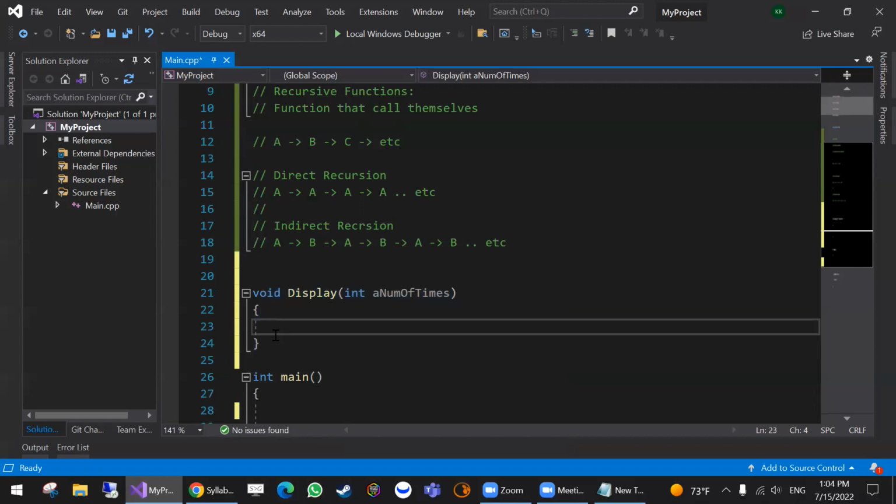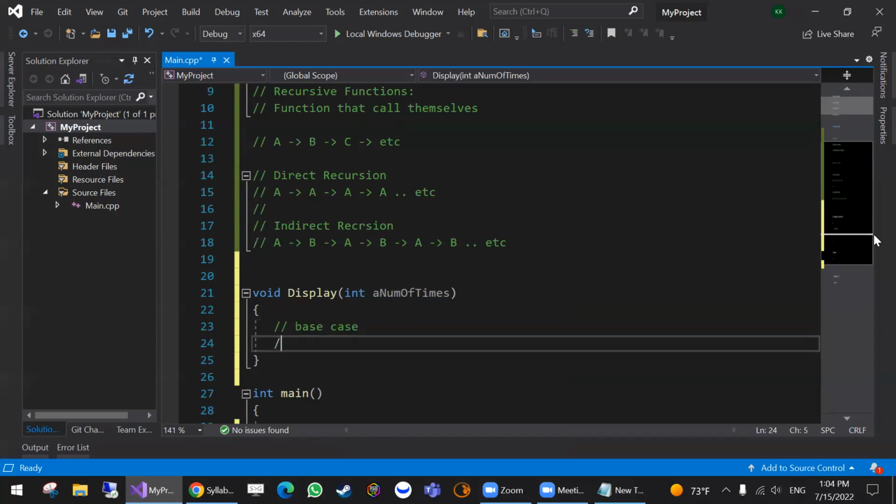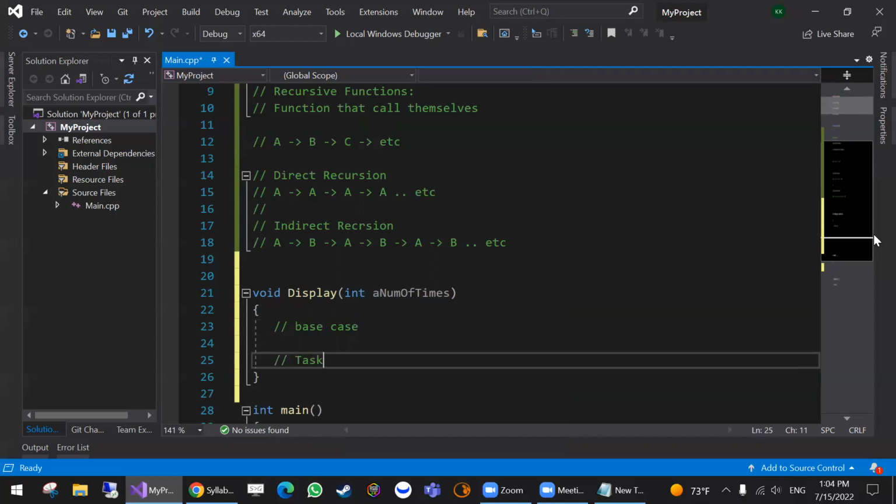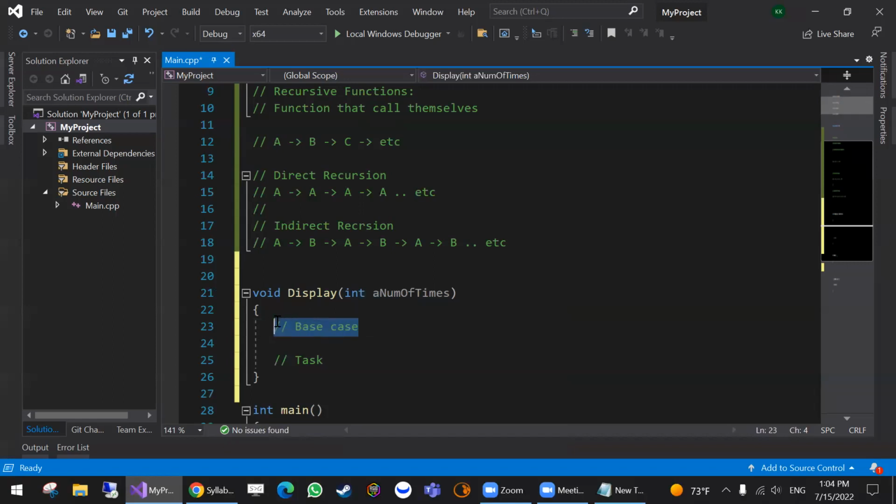Inside it, first, in any recursion function, you need a base case. And then you need the task. The base case basically is your condition to break the chain. When will I stop? I'm going to keep calling myself, but I need to stop at some point. If I don't stop at any point, then it's an infinite call. Infinite calls of A,